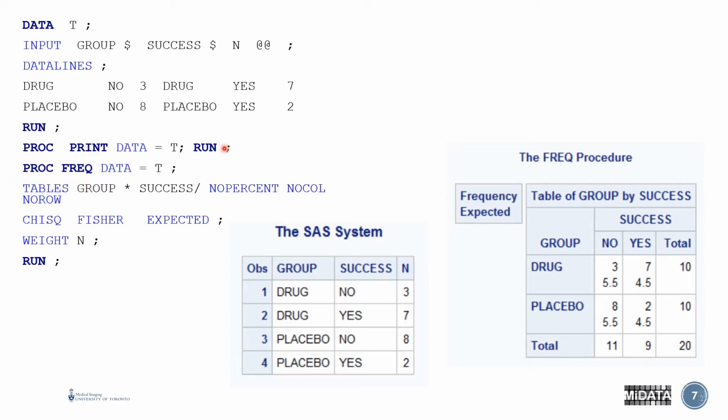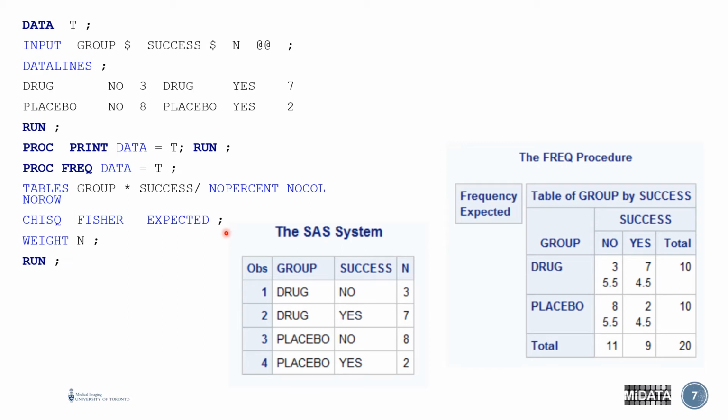We can print this data set if we wish. We then jump into PROC FREQ, which is to look at frequencies. We're asking for a two-way table between group and success. We're going to test the difference between proportions using chi-square and Fisher's exact, and we're going to ask for the expected